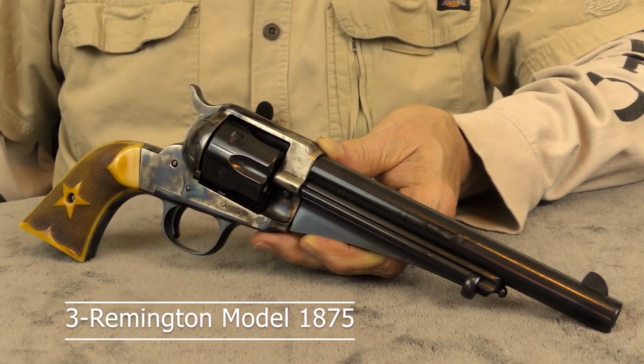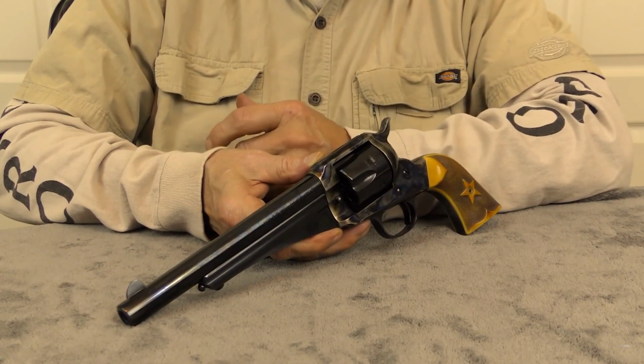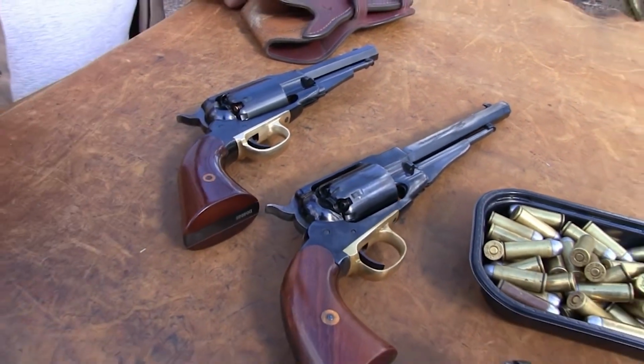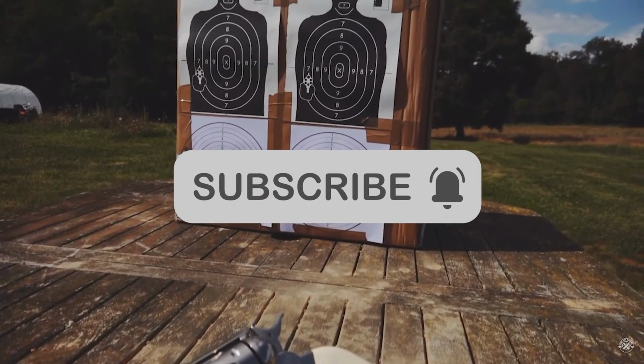Number 3. The Remington Model 1875. It was a single-action revolver manufactured by Remington Arms Company from 1875 to 1889. The Model 1875 was designed as a competitor to Colt's successful single-action army revolver, and although it was not as commercially successful as the Colt, it was still a popular choice among gun enthusiasts and law enforcement officers of the